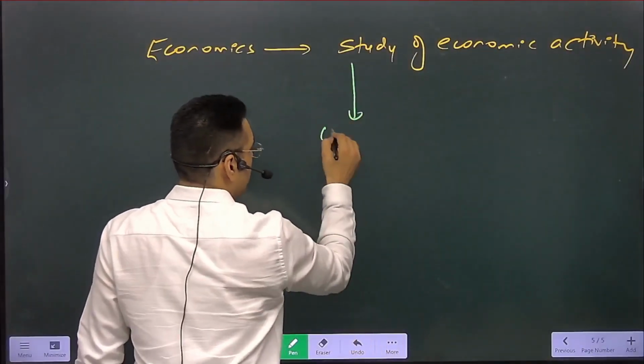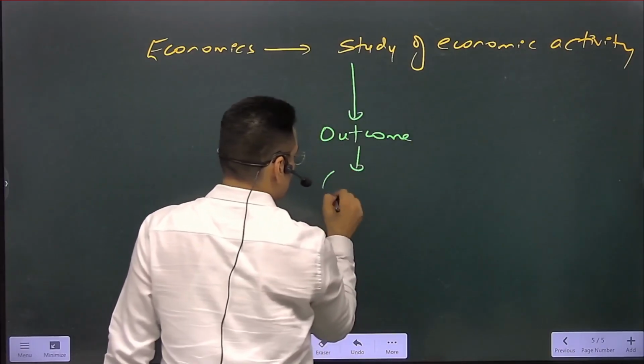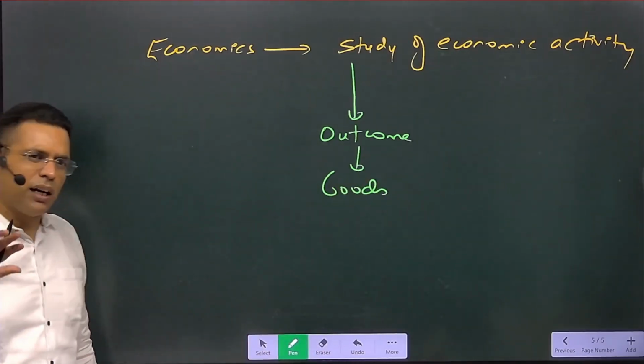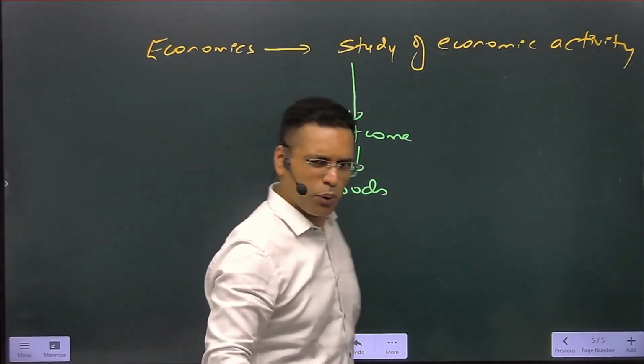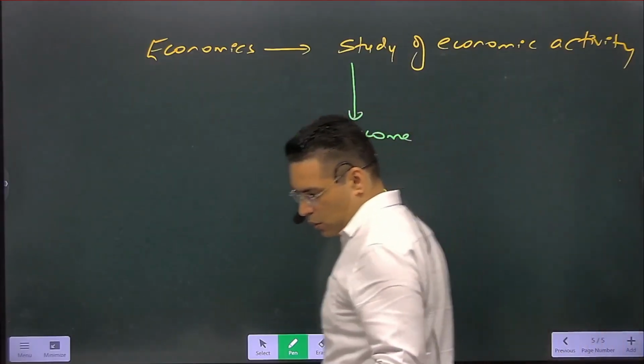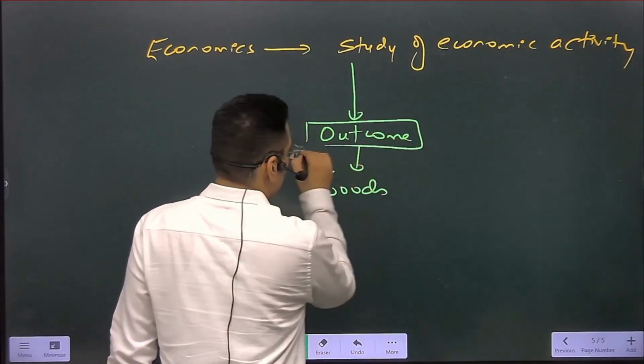इसका outcome क्या होता है? Outcome is of certain goods, am I right? अभी हम मान रहे हैं goods means services भी हो जाएगा इसमें. Product की output is something, either goods or services. So this is the outcome of the economic activity. Now in goods,